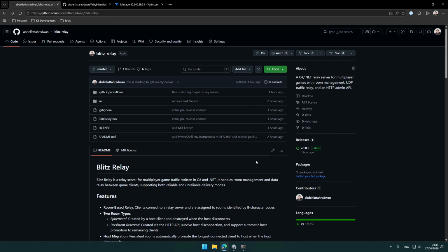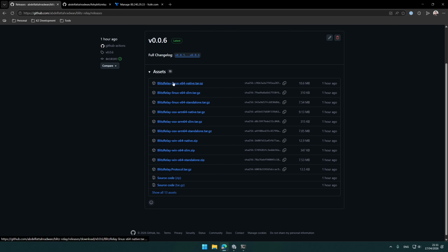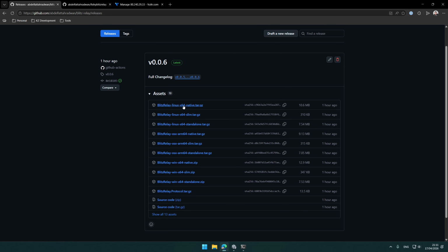In my case it's going to be Linux, so I'm going to go to the Releases tab on the repository and download the native x64 executable. You can also download the other versions. There is a slim version which requires the .NET runtime, and there is a standalone version that is slightly slower than the native version in terms of startup speed, but it's slightly smaller as well. Use whichever version is suitable for your use case, and there are also builds available for Mac